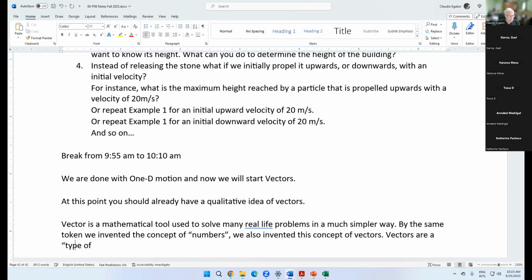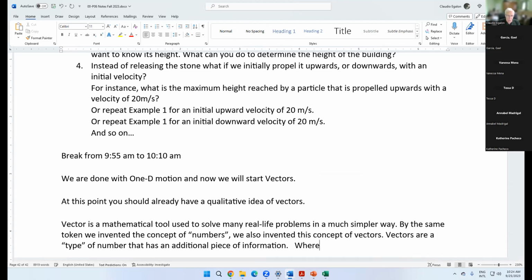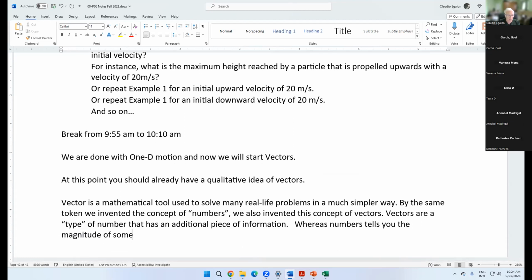A type of number that has an additional piece of information, okay? Real life. Whereas numbers tell you the magnitude of something,